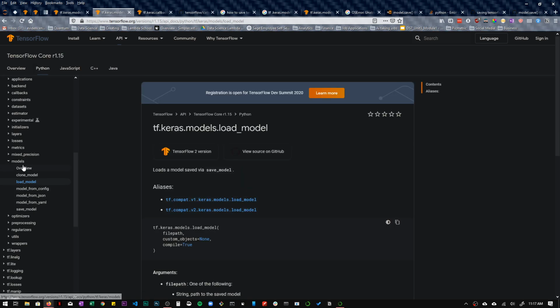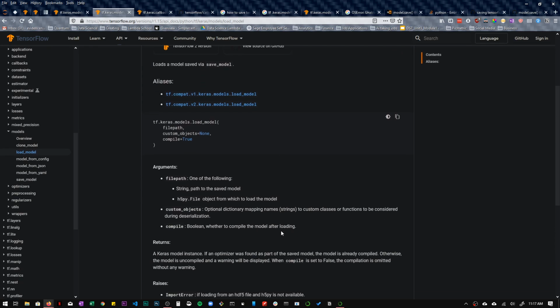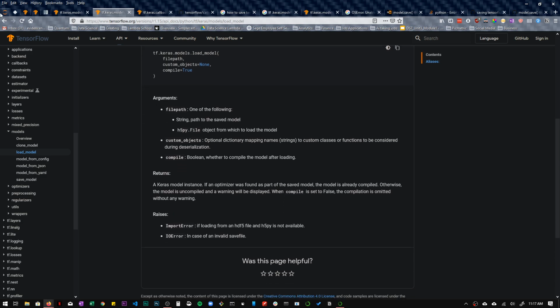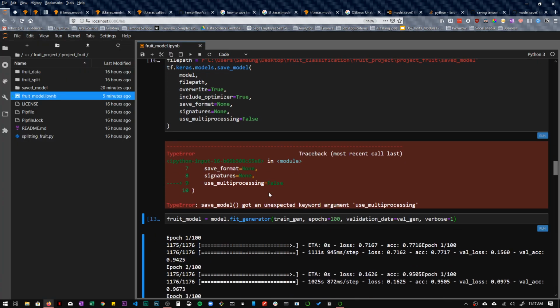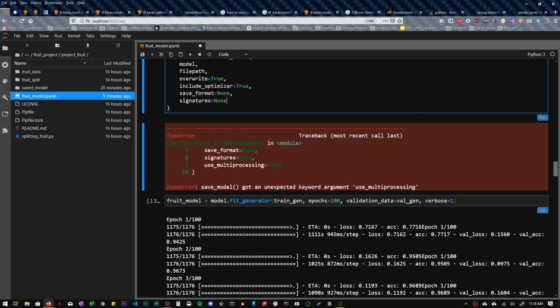So this is kind of like I'm loading the model. Alright, so do I need to, let's say, specify TF? Is this going to make a difference?